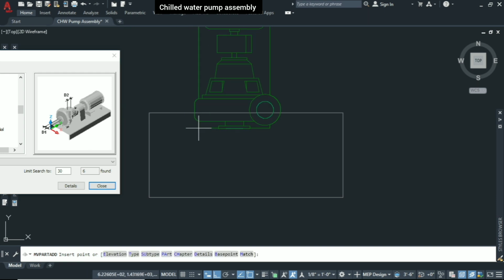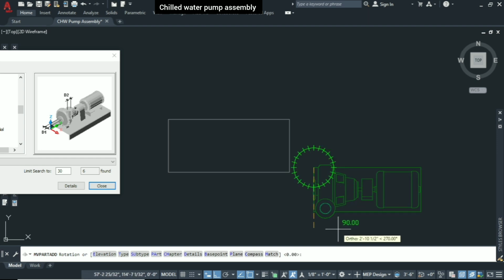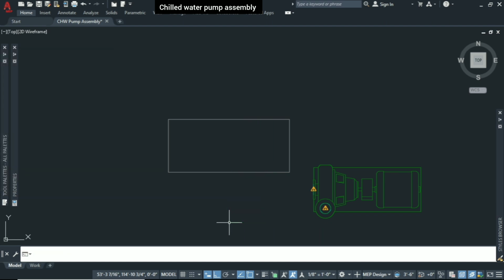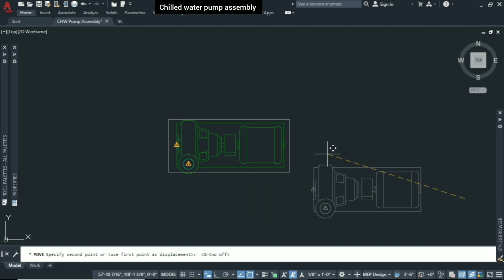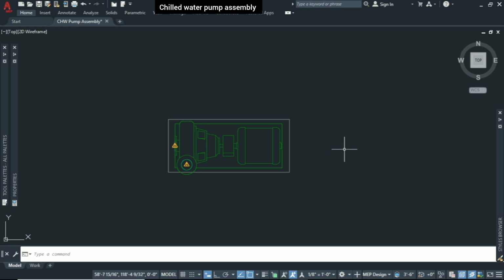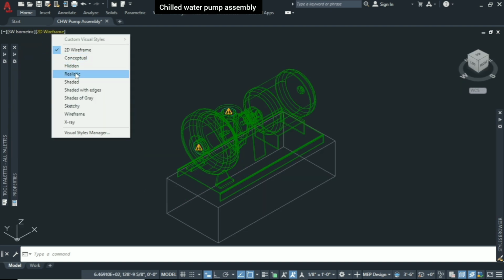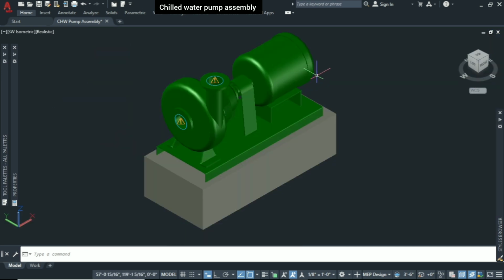We'll come over here and we have to place our pump. So the pump is here. We'll give the direction like this. So pump is created over here. So now we will move the pump to the foundation. So just bring it over here and we will place above the foundation. So it is like this. Okay, so pump is created here. Let us see in the 3D. Pump is over here, and then you will see in the realistic. So it's sitting on the foundation.